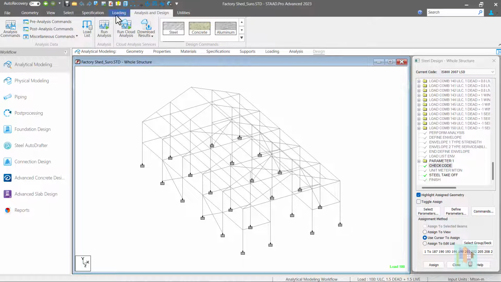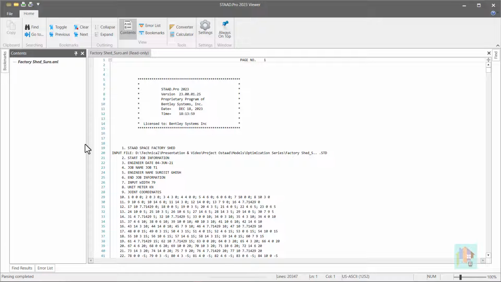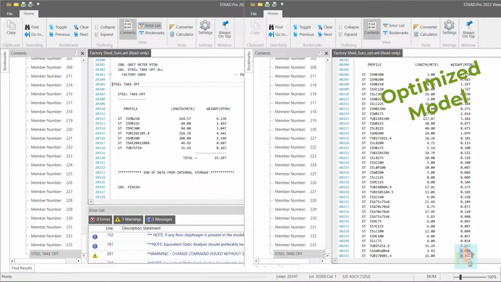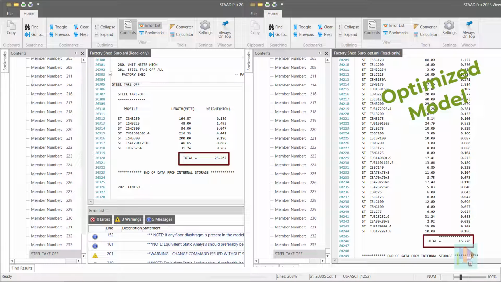For example, I have compared total steel usage of this model before and after optimization. We can easily notice a considerable reduction of overall steel usage when we optimize the structure and use sections which are more economic. That's all about the traditional design approach and how we can optimize a steel structure manually using multiple